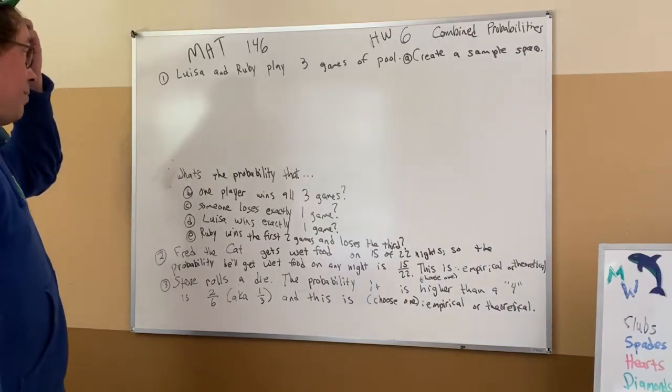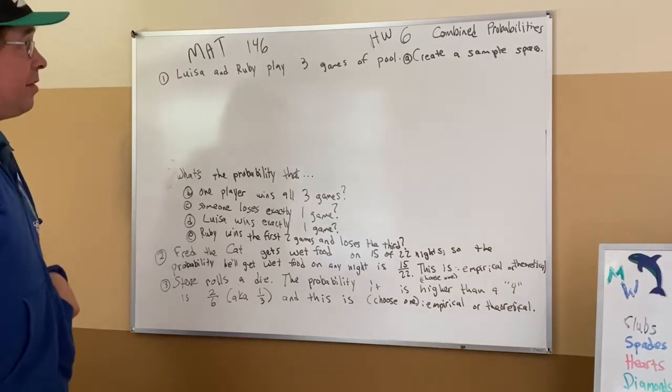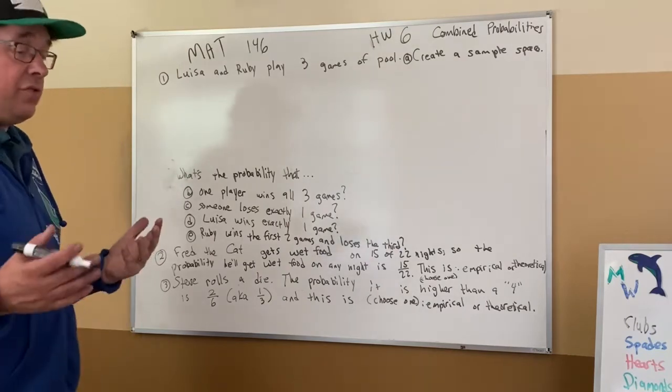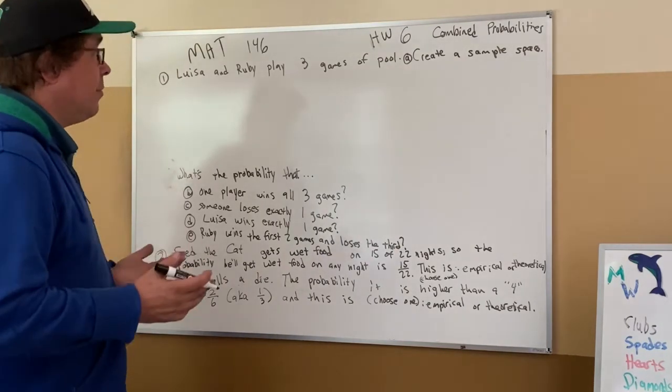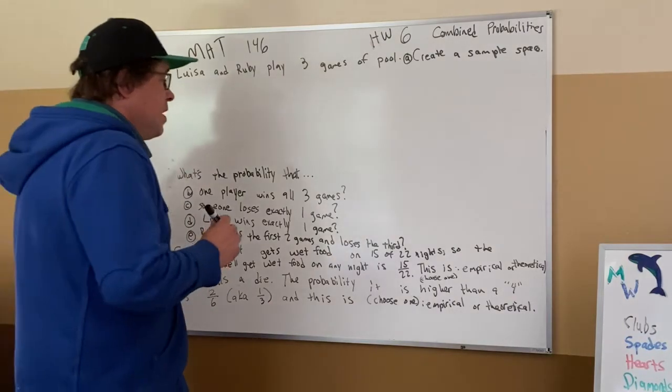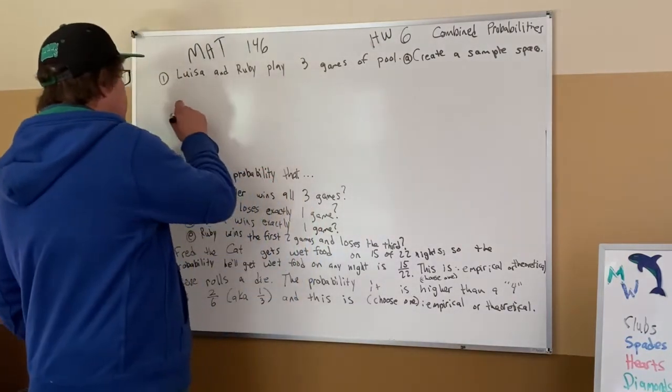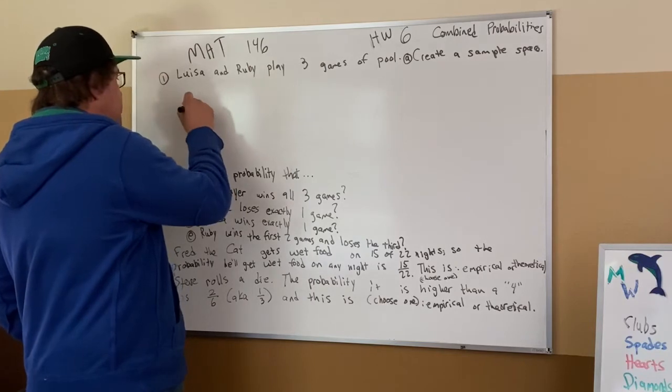So combined probabilities. We're going to look here at Luisa and Ruby playing 3 games of pool, assuming they have equal skill, so each outcome is equally likely of them winning. I'm going to build a sample space for this. And what we'll do is start here with the first game won by Luisa, and then